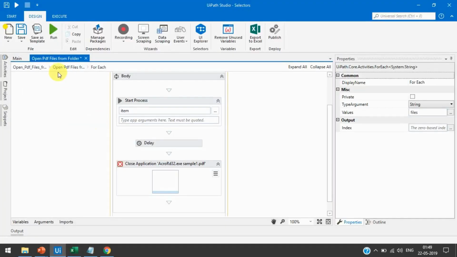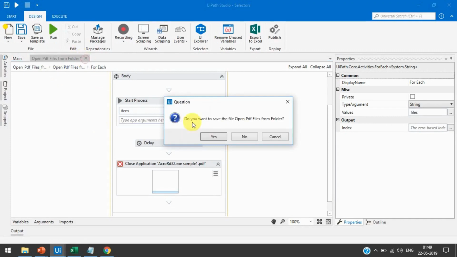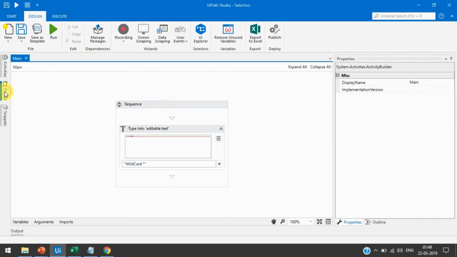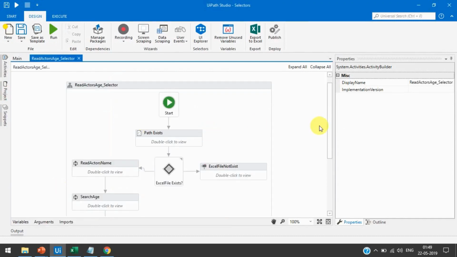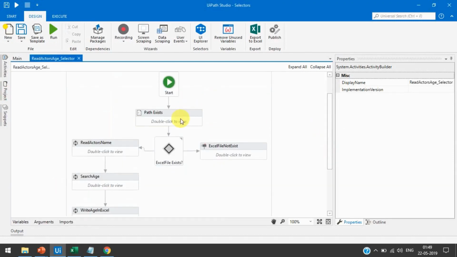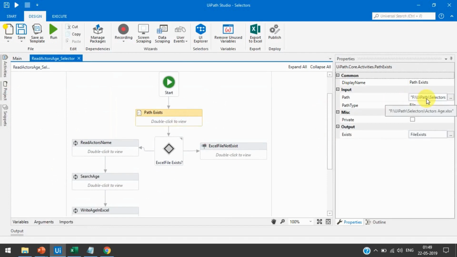So I have already created that workflow here. Let me open that here. Here I have taken path exist. I have checked whether that Excel file exists or not.